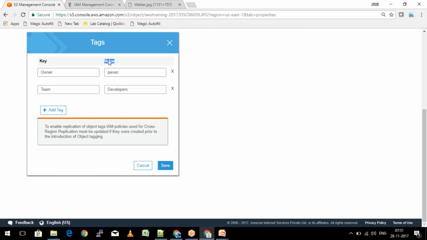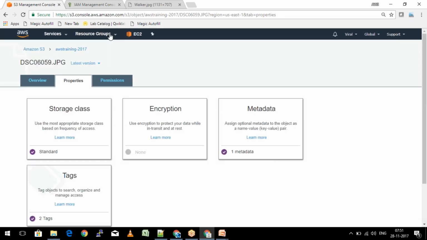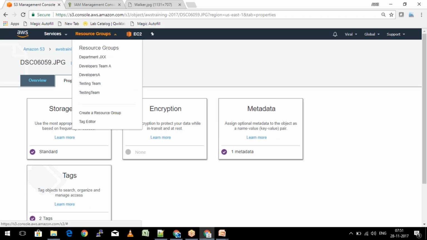Now, how does this actually help me to organize the data? How does it help me to manage the costing? It is very simple here. Let's say I'll go ahead and click on save. If I scroll to the top of the page, here you can see the resource groups. In this, there is something called tag editor. So if I go ahead and click on open in new tab,